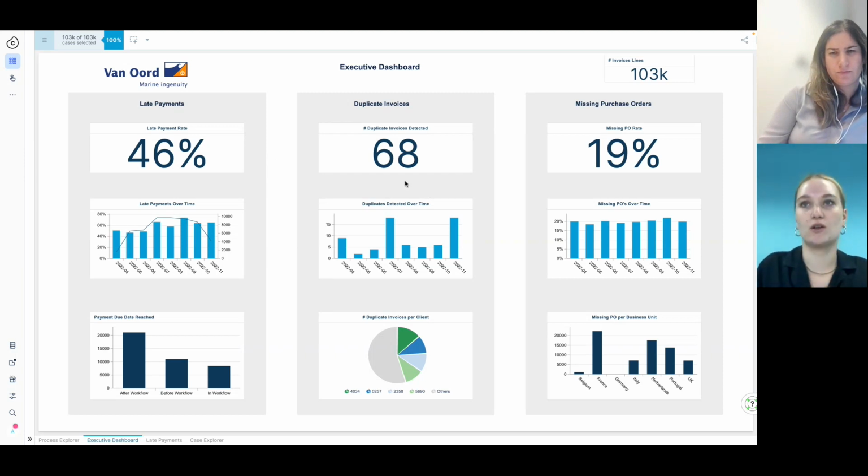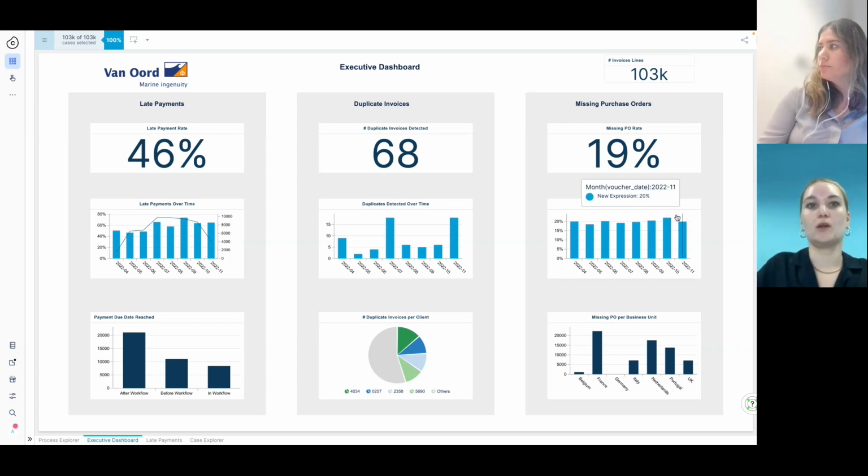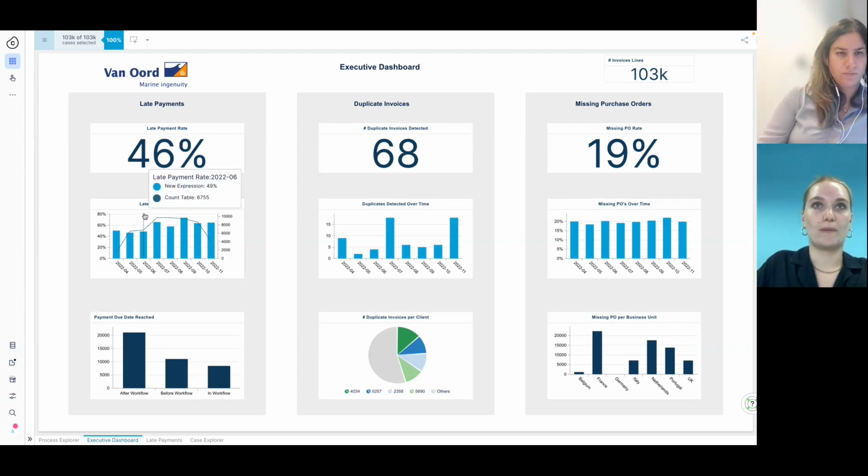Again, by processing hundreds of invoices a week, some duplicate invoices might slip through, and we'll see how we tackle this at Van Oord. And then we're not going to focus on the missing purchase orders today, but it is also something we're working on right now at Van Oord to implement a way to reconcile invoices that are missing a purchase order. So if we go into the late payments,